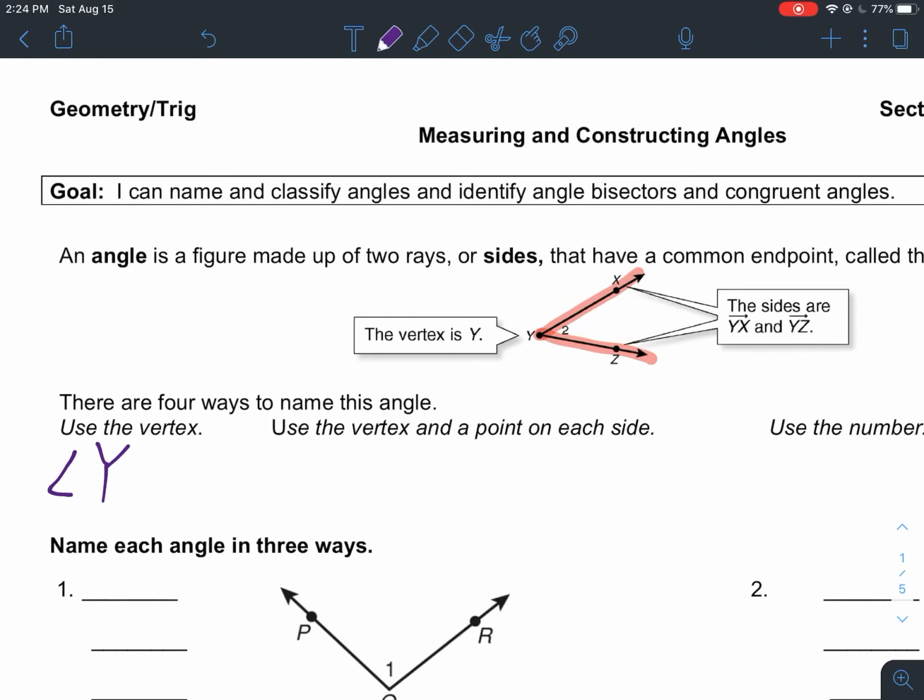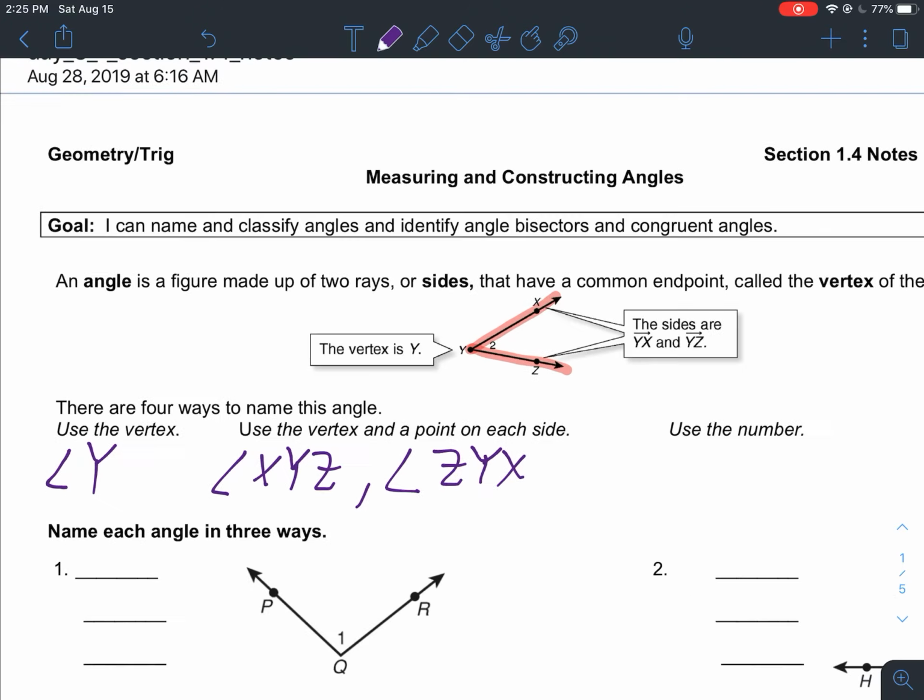The second and the best way to do this is to name 3 points. Use the vertex and a point on either side. So for example, angle XYZ, or angle ZYX. Notice what's in the middle both times. Y, the vertex. The vertex must go in the middle. Doesn't matter where X and Z go, but Y must go in the middle. That is the best way, and that's the way I encourage you to do this all year long,